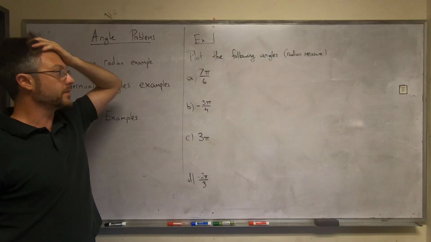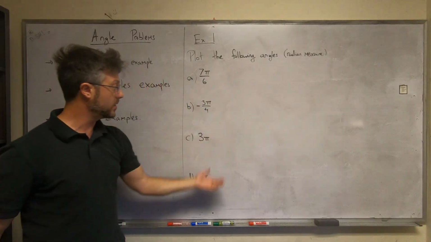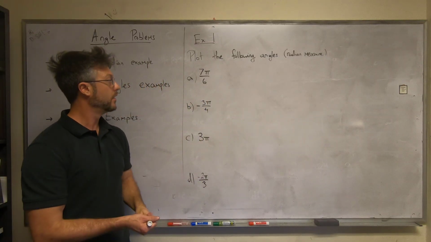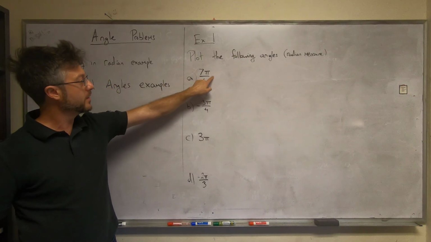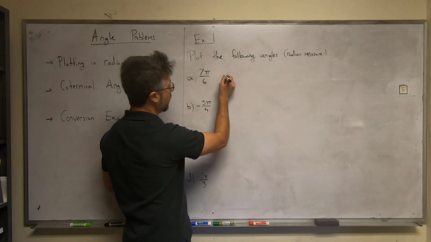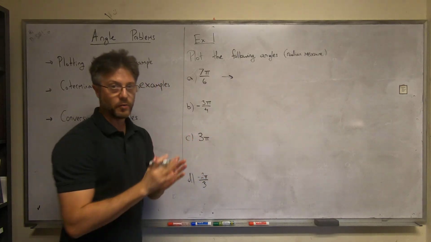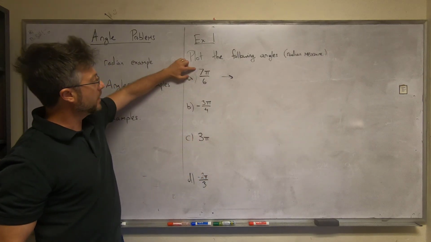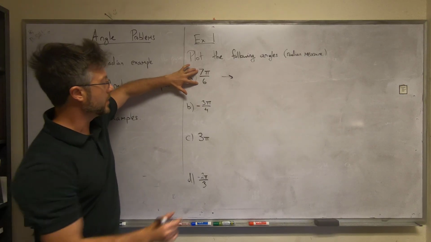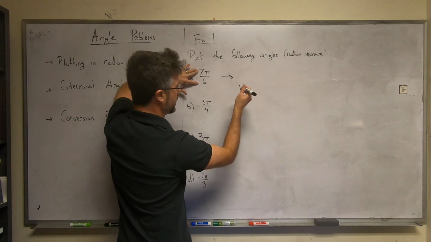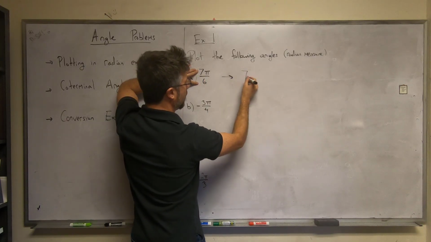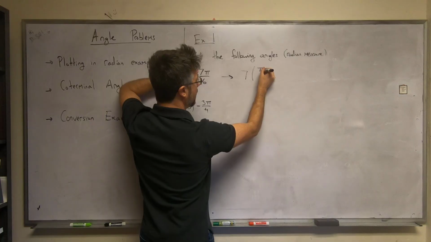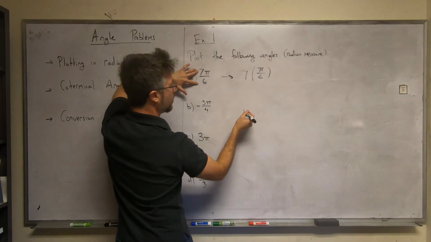Plot the following angles, and all of these are assumed to be in the radian measure. Okay, so first up is 7 pi over 6. So one of the things that we could do, other than just rote memorization, is recognize what we mean by this fraction and how angles go together. So to say 7 pi over 6 can be thought of as 7 multiplied by this, or in other words,